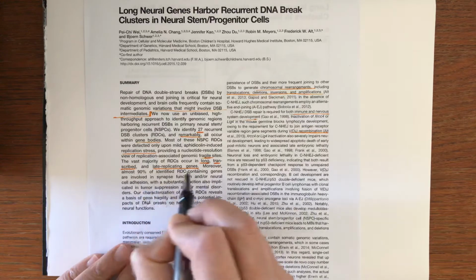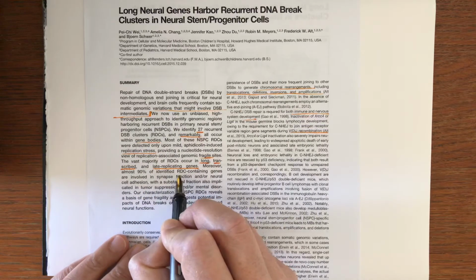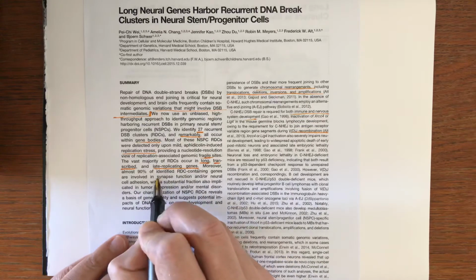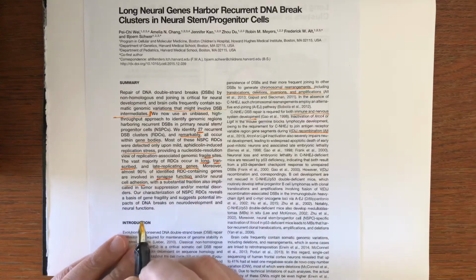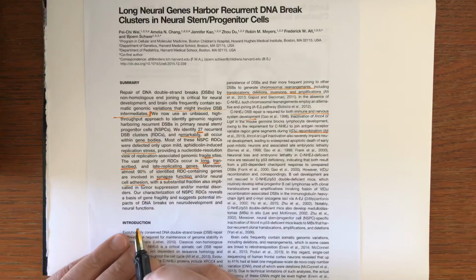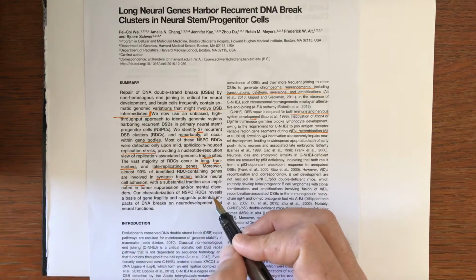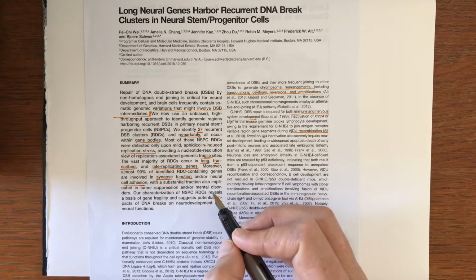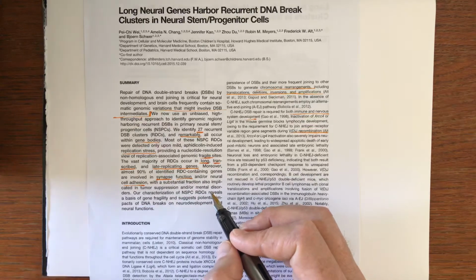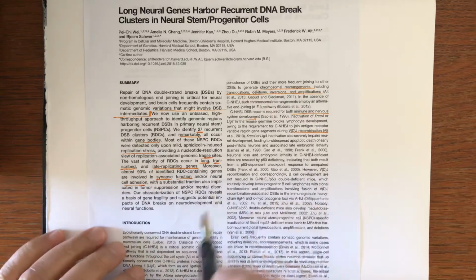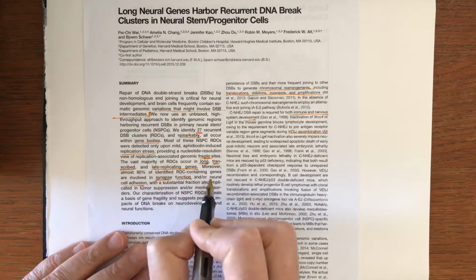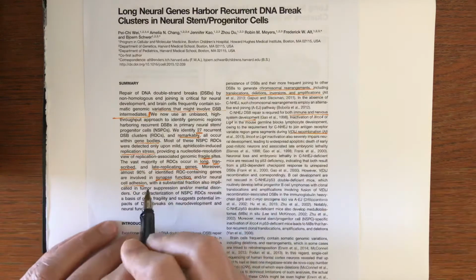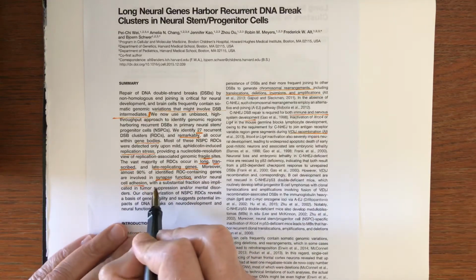Moreover, almost 90% of identified recurrent double-strand break cluster containing genes are involved in synapse function and or neural cell adhesion. So these genes are active in a specific tissue in the body. They are long, they are actively transcribed, and they're late replicating. So that means it looks like this is a specific mechanism that evolved for a specific purpose or selective advantage. So synapse function and neural cell adhesion, which is the mechanism by which our behavioral sophistication occurs,